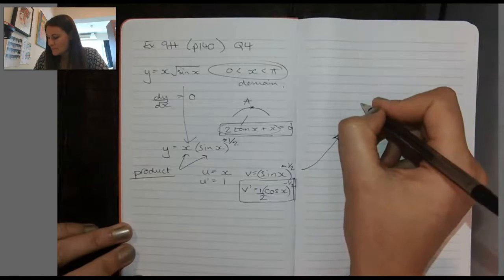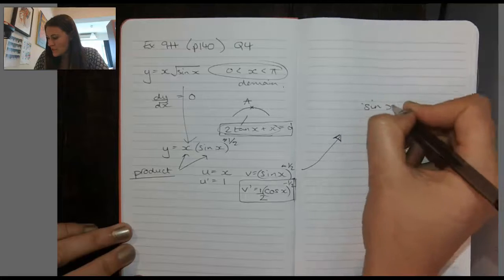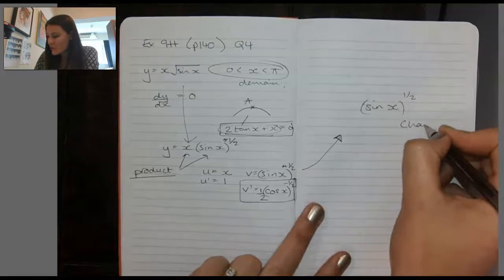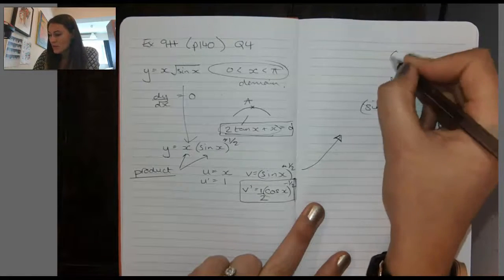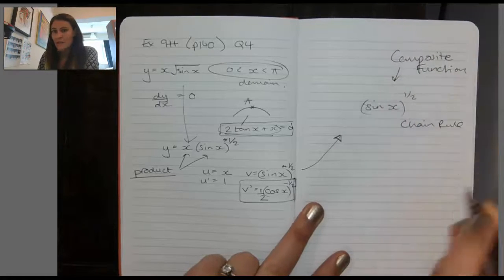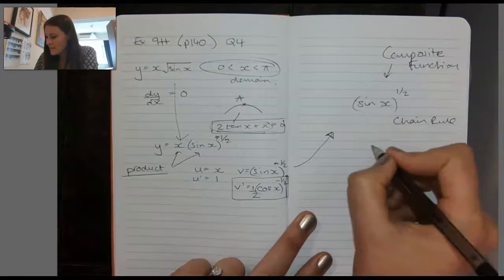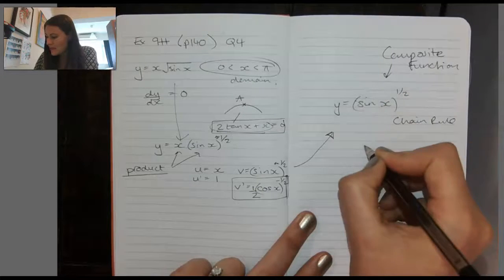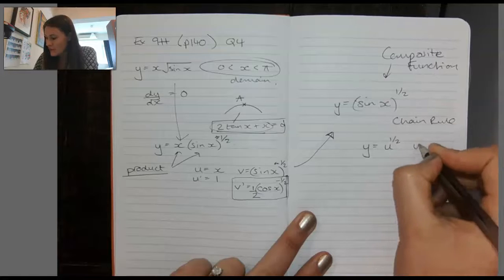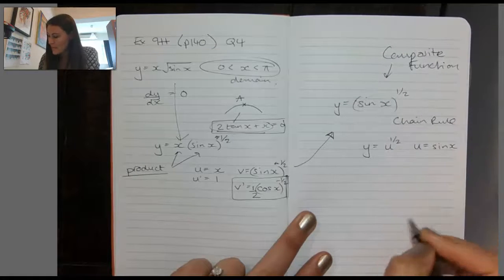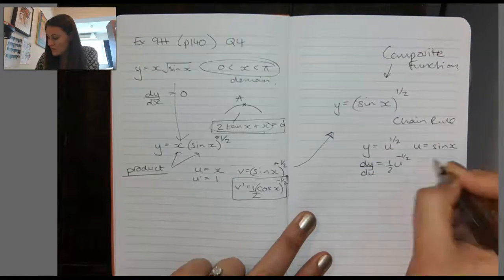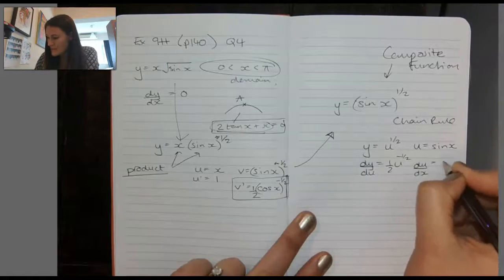So I'm going to be differentiating sine x to the power of a half, but I'm going to properly now use the chain rule because this is a composite function. Okay, so I'm going to be using u and v again, but it's not the same u and v as over here. I'm kind of starting again. So if I rewrite this and I say y is u to the power of a half and u is sine x, then dy by du is a half u to the minus half,